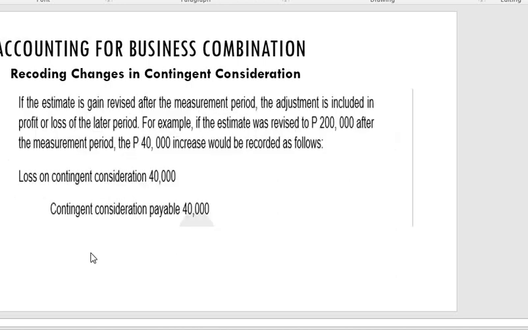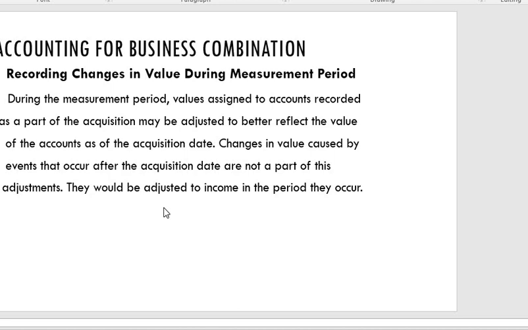However, if the estimate is changed after the measurement period, the adjustment is included in the profit or loss of the later period. For example, if the estimate was revised to 200,000 after the measurement period, the 40,000 increase will be recorded as follows. Okay? So, since after na siya sa measurement period, it will not be adjusted na in the goodwill or bargain. So, i-adjust na siya sa profit or loss. So, that shall be considered as a loss on contingent consideration kasi nag-increase siya from 160 naging 200. So, then i-credit natin to contingent consideration payable. Okay, so, what if